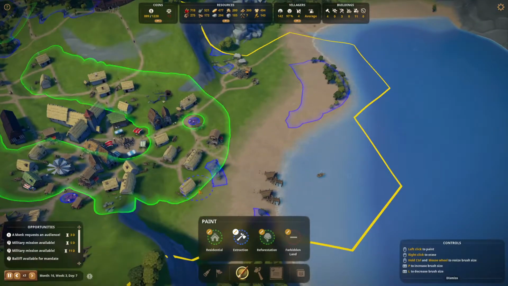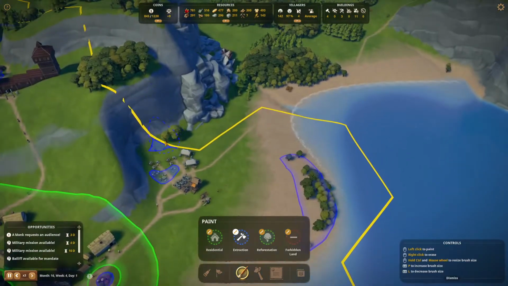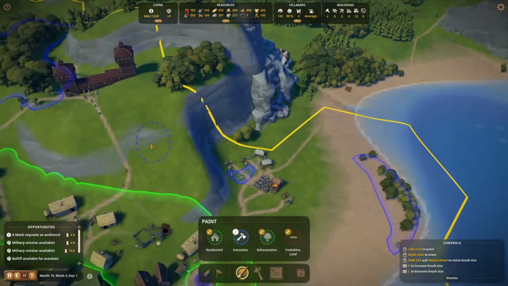Just running the screen around, making sure that we get all the spots. This looks very good as well. So we do have plenty of logs, and we are getting coal, etc. So we need to keep an eye on that, though, because if you just get the coal industry going, but you don't get an extra...